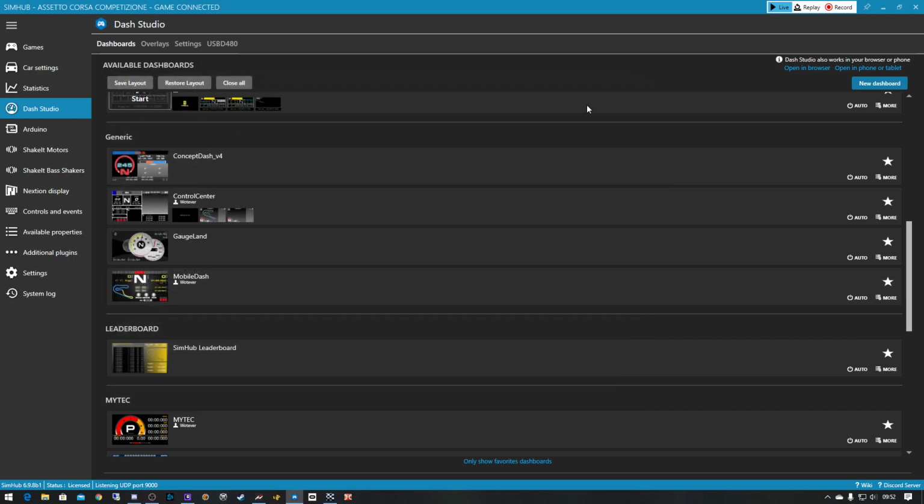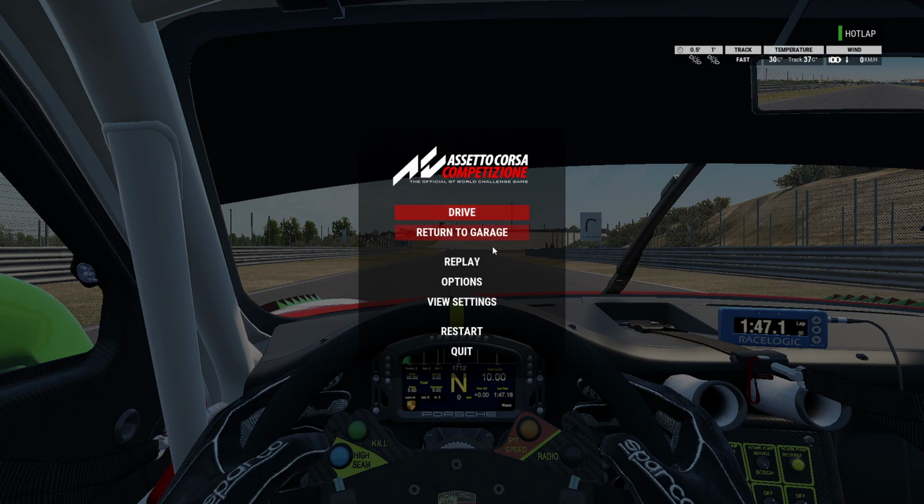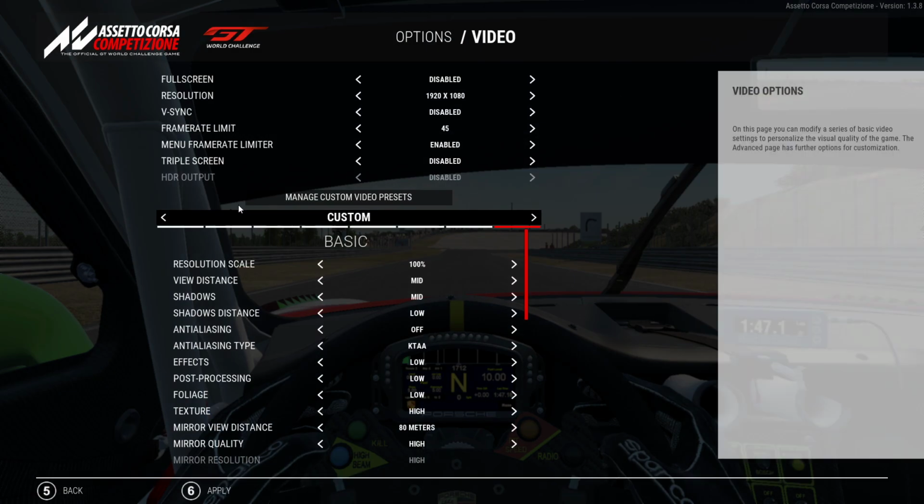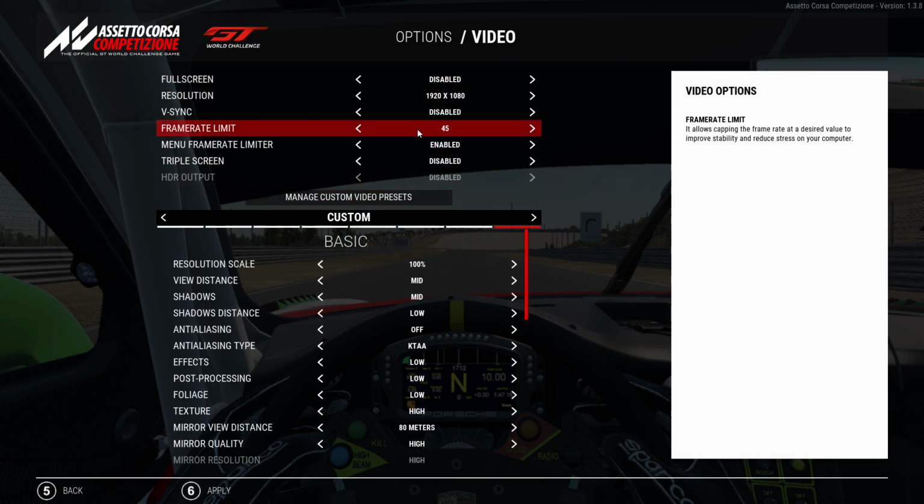And the last thing what I want to show you, this is just if you're using VR. So if you go into Assetto Corsa and settings, this is my settings. So my frame rate is limited to 45. The reason is because when you're using, this is just Oculus Rift only. So when you're using Oculus Rift in